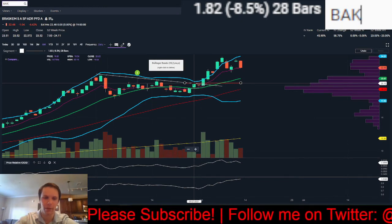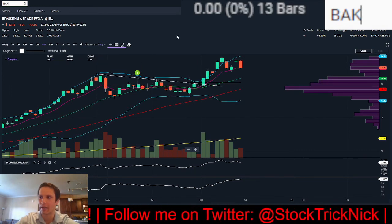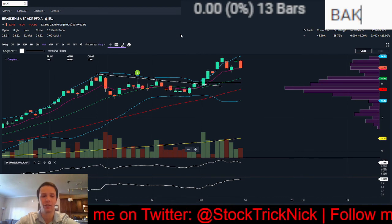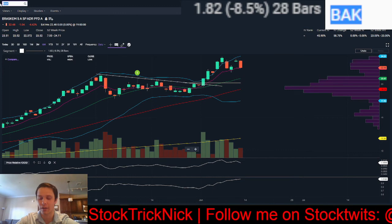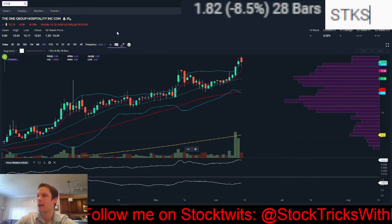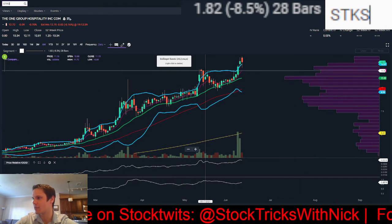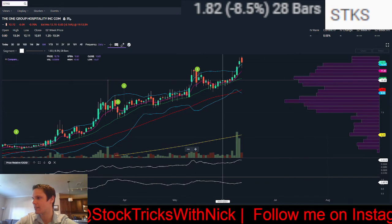So when you're coming off a losing streak, you have to take some partial profits a little bit quicker, get your P&L back up, and then you could start being more aggressive as you have trades working for you. This was one of the first trades that were working for me, so I couldn't be as aggressive with it size-wise. STKS, you can see a nice orderly decline to the 20-day moving average, a mini bounce there, and then